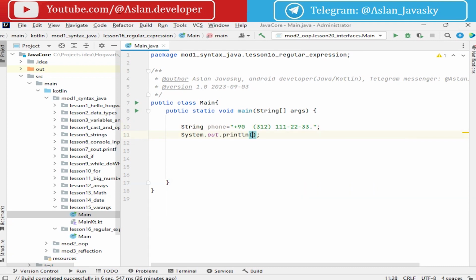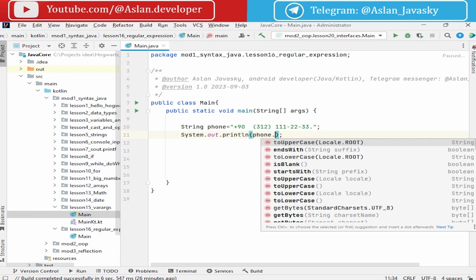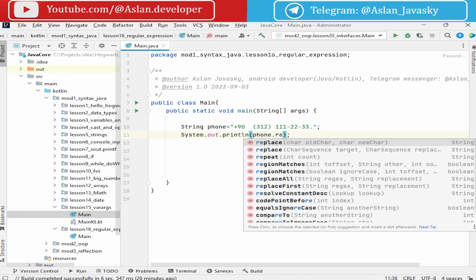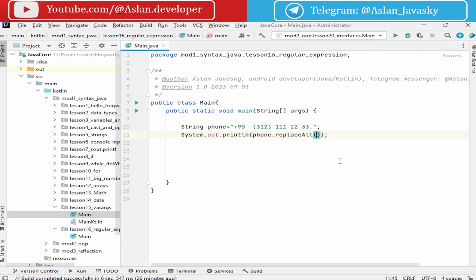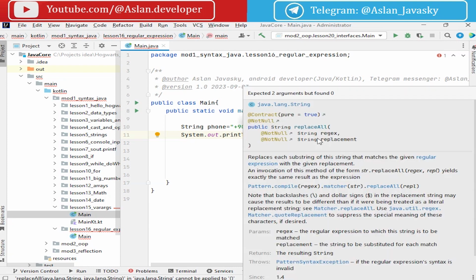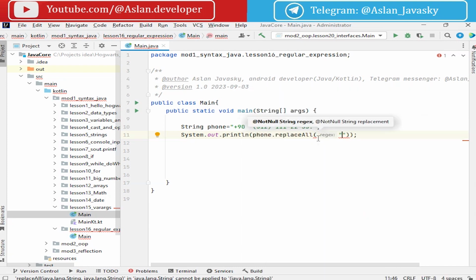System.out for printing, and in every string there is a method replaceAll. Replace replaces one character with another character, but replaceAll takes a regular expression. Yes, a string regular expression and a replacement. So in the regular expression we can specify the